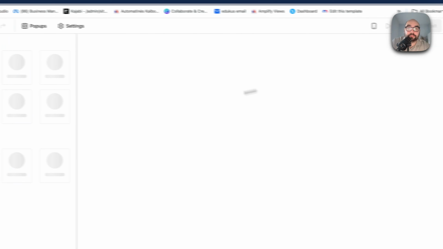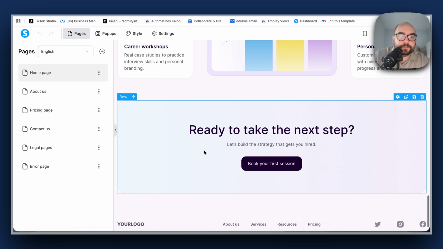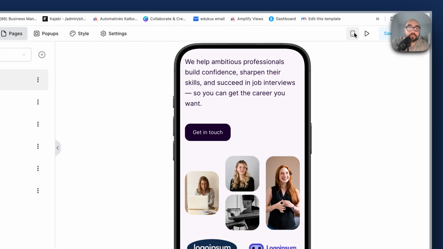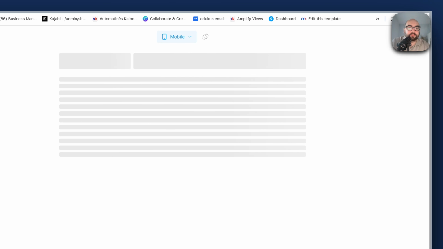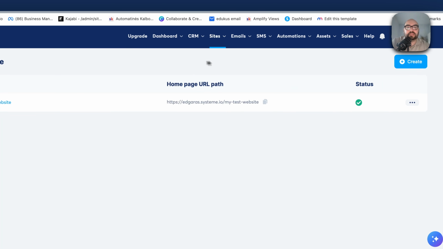It's going to be actually pretty fast, and immediately they drop me into the builder. And I can just go from here. I can preview, I can look at the mobile version. So it's pretty robust, as I said. But if you just want to create a landing page, like separate from your website or connected to your website,